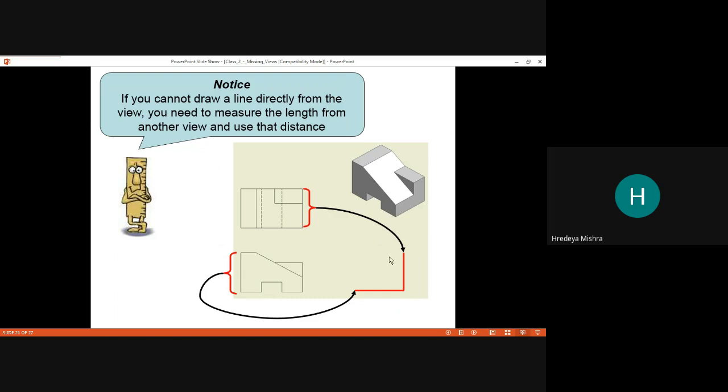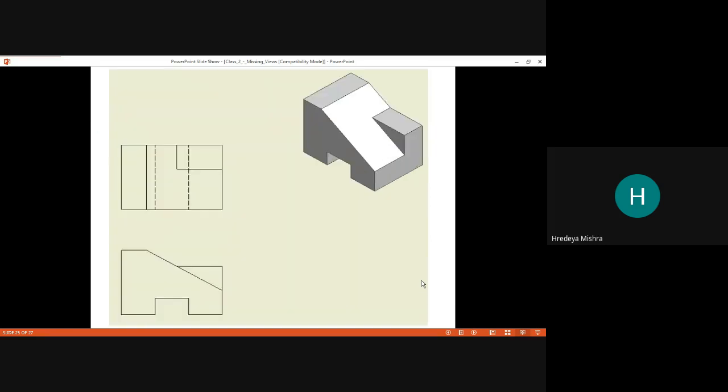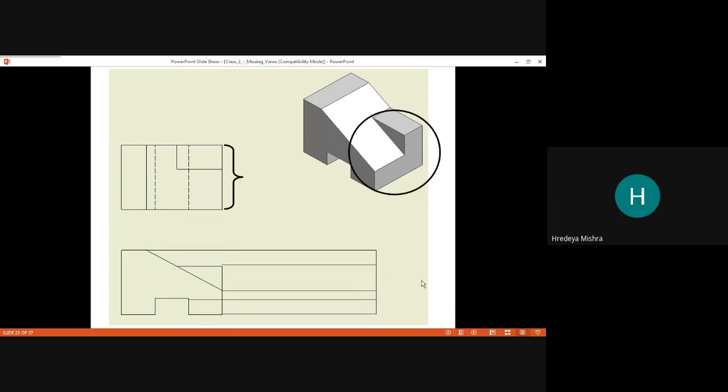The red color shown here is the height, so the height is the same, and this height is used as a width. Now see, what is this height? This height is here and the same length is here.